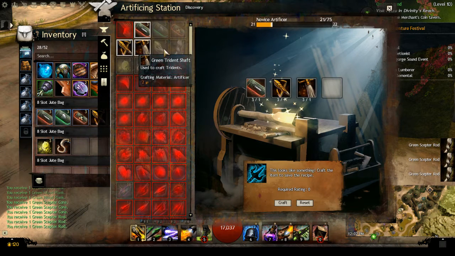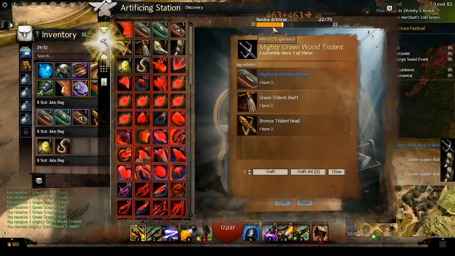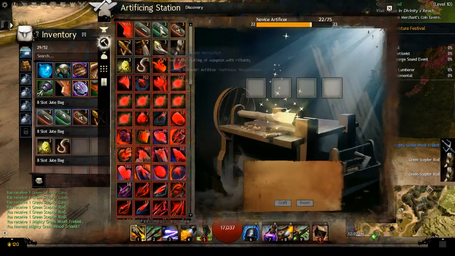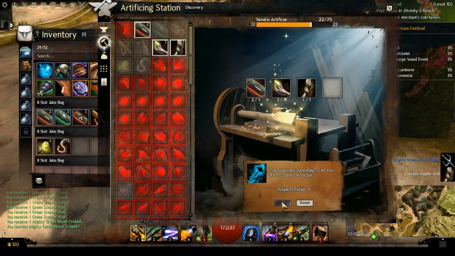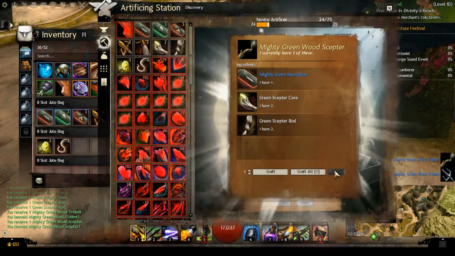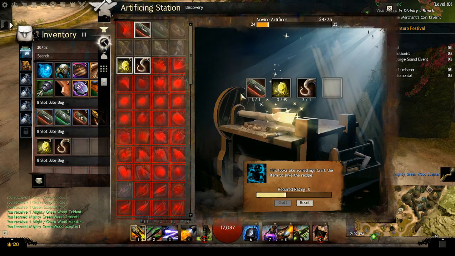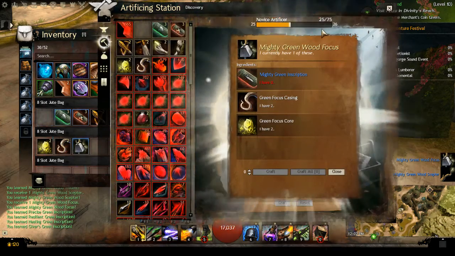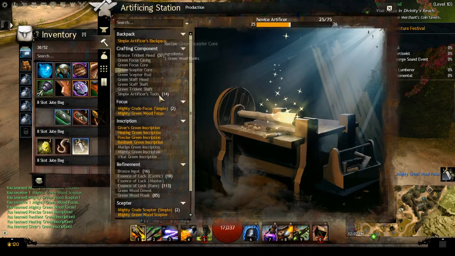And then I'm just going to click or drag our trident, and it gives a pretty good XP right there. I'm going to go ahead and do the same thing for the other components, which, fantastic, we got almost to 25 here. Okay, now we're at 25. Alright, so once you hit 25, every 25 you're going to see new inscriptions pop up,